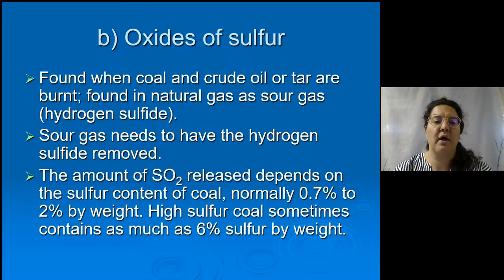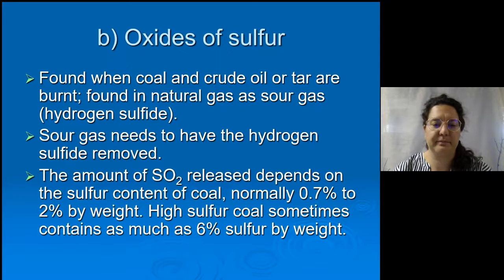Oxides of sulfur are found when coal, crude oil, or tar are burned, and there's sulfur contained in those natural fossil fuels. So typically, sulfur is found in coal, and it can be found in natural gas as sour gas. So sour gas needs to have the hydrogen sulfide removed. So you can see if there's been a sour gas processing plant because you'll drive by, and there'll often be fields with large mounds of yellow powder or yellow bricks, and this is the sulfur that was removed from the